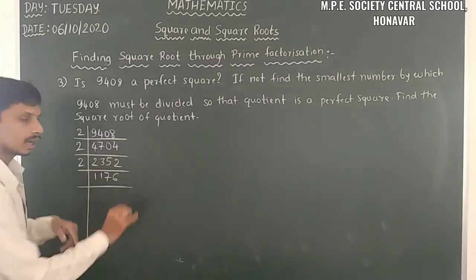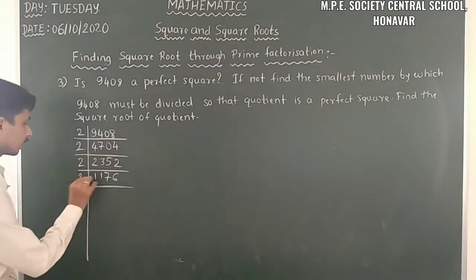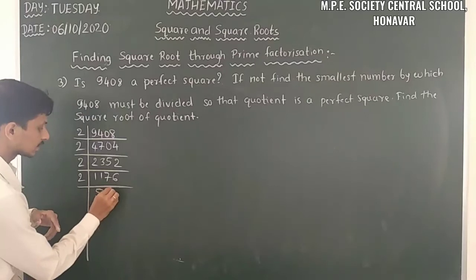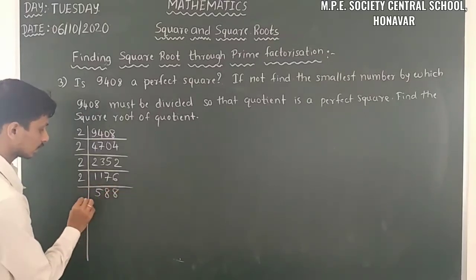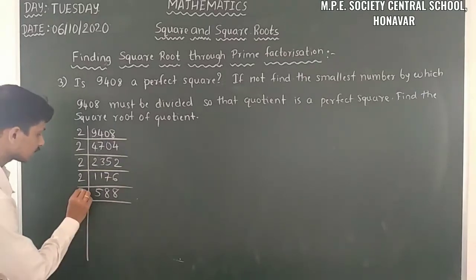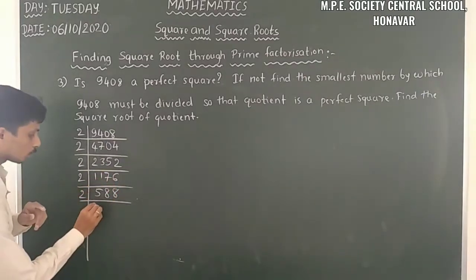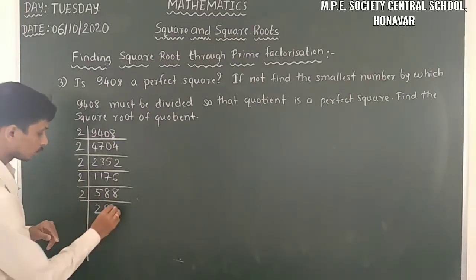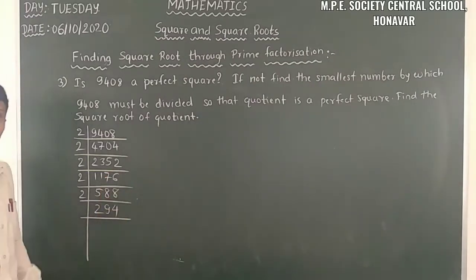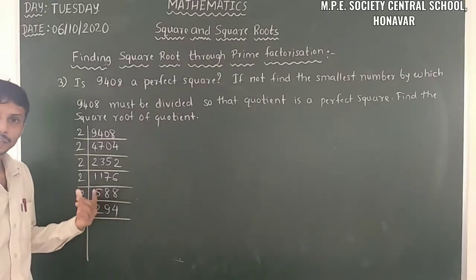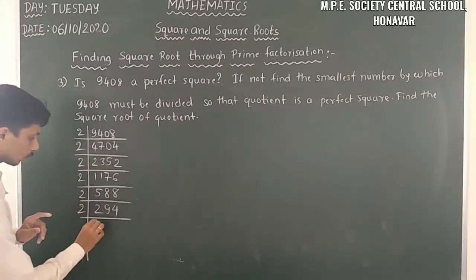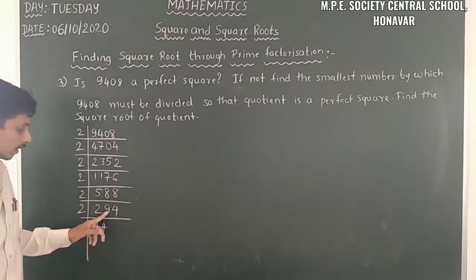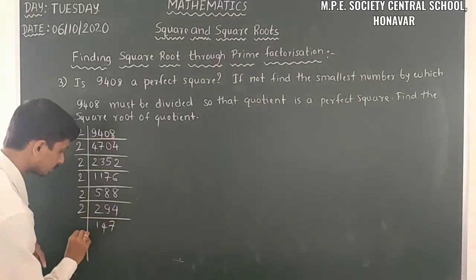2 into 6. Again we have an even number. Then let us take again 2 into 5, 10, 1 remains. Here 2 into 8, 16, 1 remains. 2 into 8, 16. Then here let us take 2 again. Here 2 into 2, 4, then 1 remains, and 2 into 9, 18. Again it's an even number. Let us take 2 again. Here 2 into 1, 2, then 2 into 4, 8. Then again we have 1, here 2 into 7.